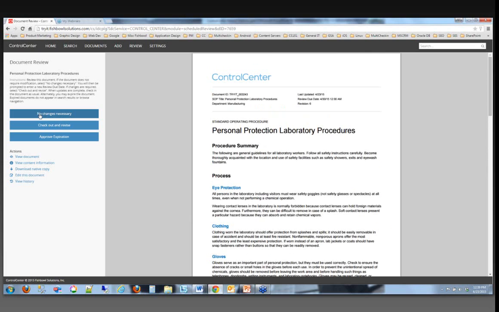So I can say, no changes necessary. I can check it out and revise it. If I do that, then it's going to go from there back into the normal review process. So if there's 3 people that need to approve changes to this document, it's then going to go on to those other 3 people. Or if this document is actually obsolete, we're phasing it out, maybe it's something that doesn't